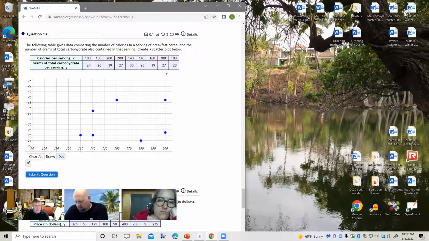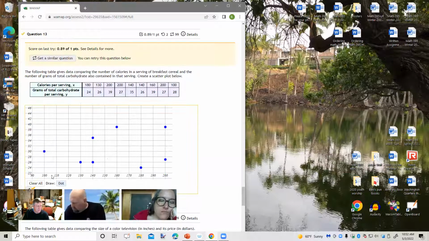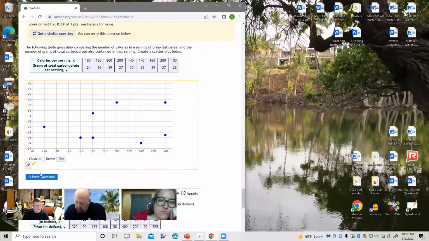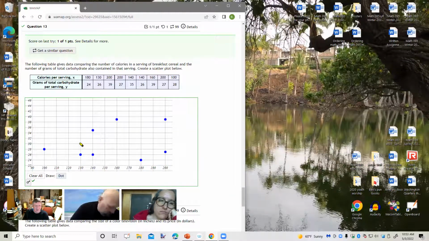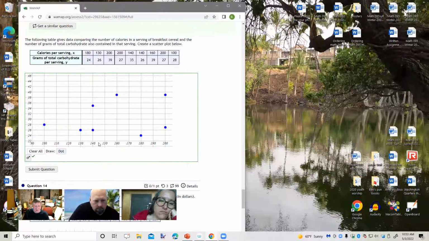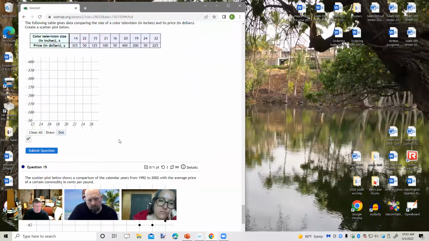I guess I can't plot. It won't let me plot them both. I mean, it doesn't show up there. 100, 28. Let's see what happens. I'm going to make that last point incorrect just to see what happens. Okay, so again, it's giving me the yellow flag saying it's mostly right, but not completely right. But it doesn't tell me which point is incorrect. So I'll come here and move this down here to where it goes. And now it's all correct. Yeah, again, it's kind of a bummer that it doesn't tell you which point. Anyway,